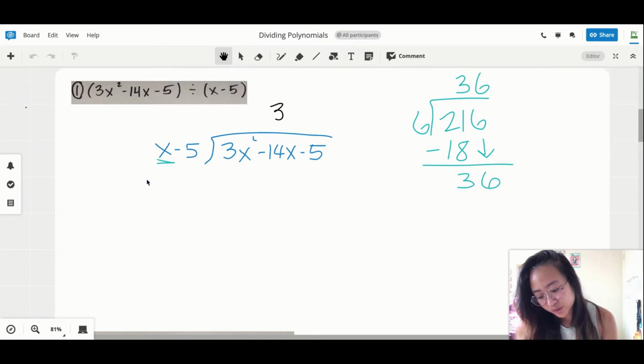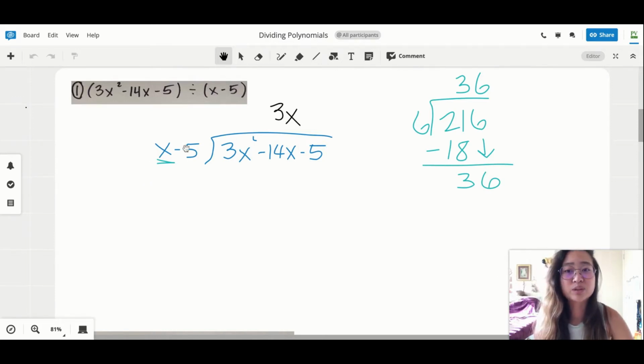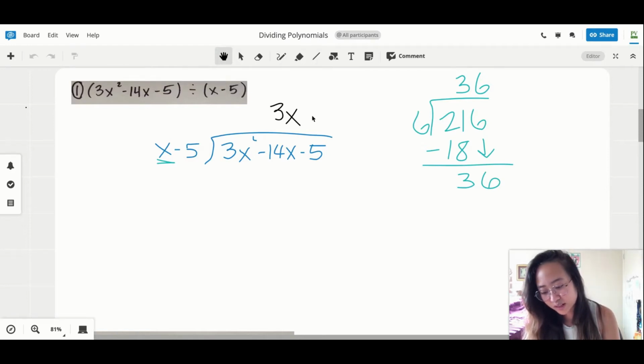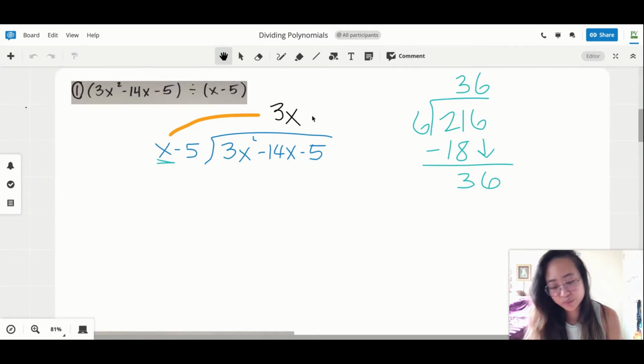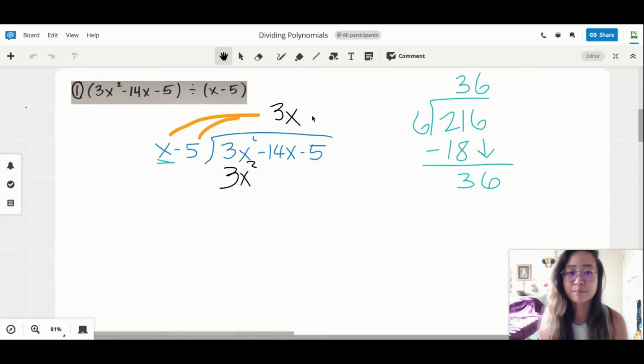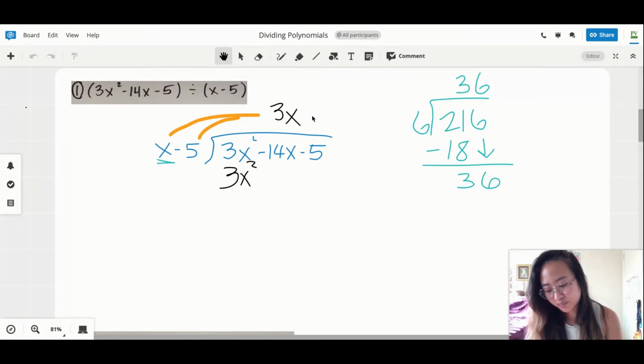So when you figure out what multiplies to give you the first term inside of the bar, be sure that you line it up with its respective term. So if I know that x times 3x gives me 3x squared, I'm just going to line the x's up with each other. Okay, so we have our first term. So now we know that we need to multiply and just bring it down. So 3x times x gives us 3x squared, and we also multiply it to that minus 5. So we get minus